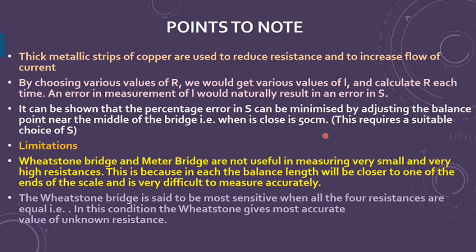It means both resistances are in the ratio with each other. These are the limitations of the meter bridge. Of course, it is not useful for measuring very small or very high resistances. For moderate values it is applicable, and it works with low values of DC, direct current. In the lab we give 2 volt, and as you have seen in that activity, the Leclanche cell gives 1.5 volt DC. So we use nearly 1.5 to 2 volts to make this work. Either we can use a battery eliminator or a Leclanche cell for this experiment.